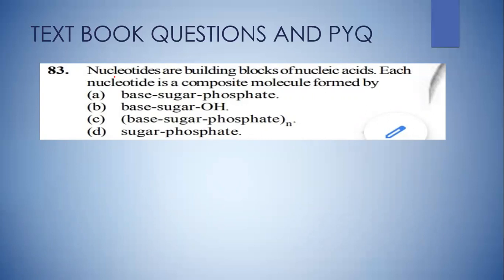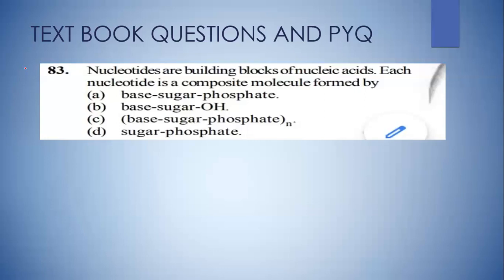Okay, when phosphate group is added to nucleoside it is called nucleotide. यहाँ पे बच्चे बहुत कंफ्यूज होते हैं, तो बस इतना है. न्यूक्लियोसाइड क्या है? न्यूक्लियोसाइड है नाइट्रोजनस बेस एंड पेंटोज शुगर, ओके। एंड उसमें अगर मैं एक फॉस्फेट ग्रुप ऐड कर देती हूँ तो वो बन जाएगा न्यूक्लियोटाइड, ओके। पहले आएगा न्यूक्लियोसाइड, उसमें फॉस्फेट ग्रुप ऐड कर दो, वो बन जाएगा न्यूक्लियोटाइड, ओके। So nucleotides are building block of nucleic acid. Each nucleotide is a composite molecule formed by,